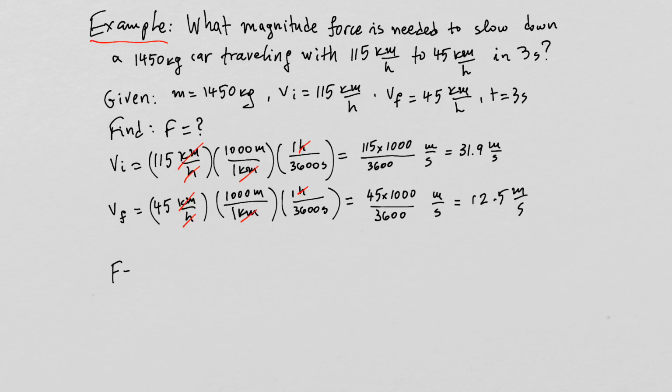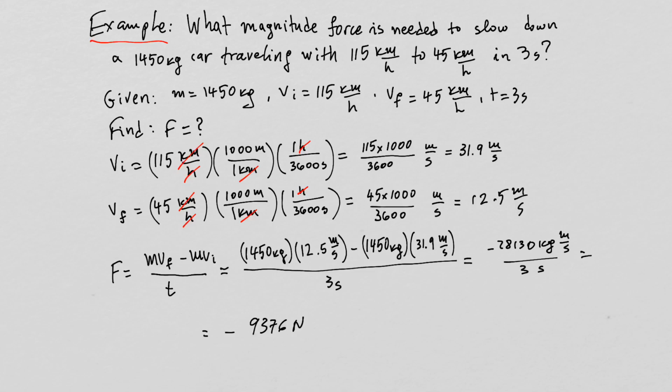So the force would be equal to mv final minus mv initial divided by the time. So I will substitute all values in this expression and find the answer. And so we have 1,450 kilograms times 12.5 meters per second minus 1,450 kilograms times 31.9 meters per second divided by 3 seconds. The numerator is equal to negative 28,130 kilograms meters per second. We divide that by 3 seconds and we get that the force is negative